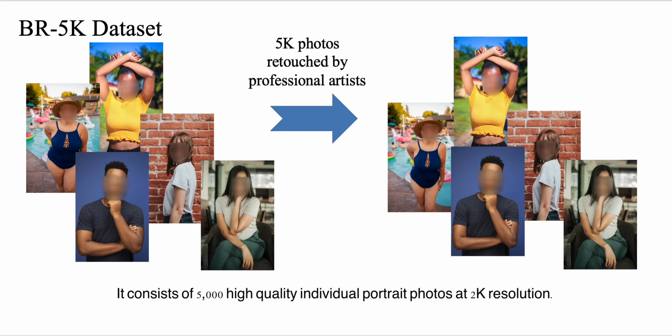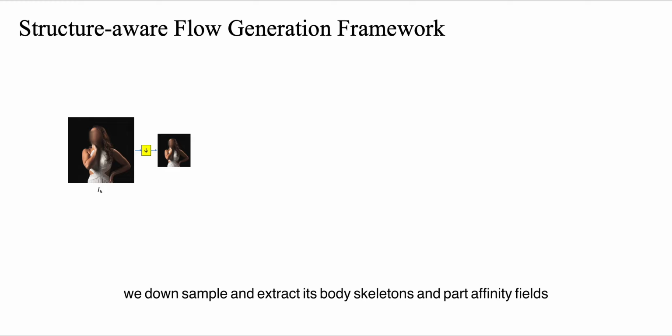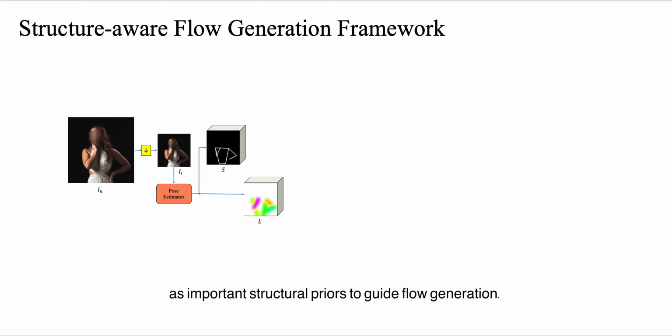It consists of 5,000 high-quality individual portrait photos at 2K resolution. And we present an end-to-end structure-aware flow generation framework for body manipulation. Given a high-resolution portrait photo, we down-sample and extract its body skeletons and part affinity fields as important structural priors